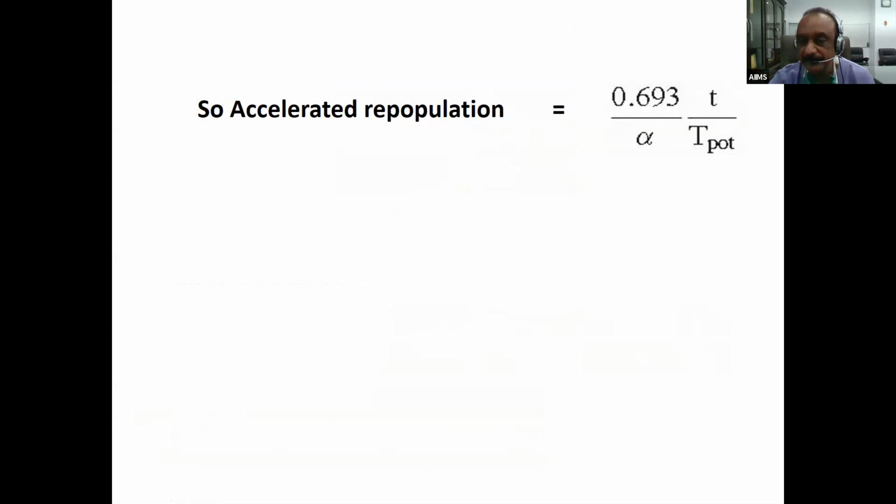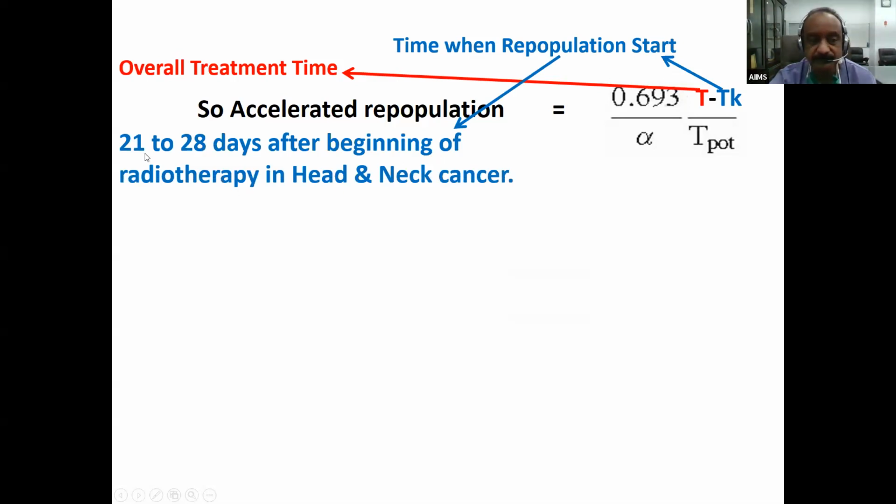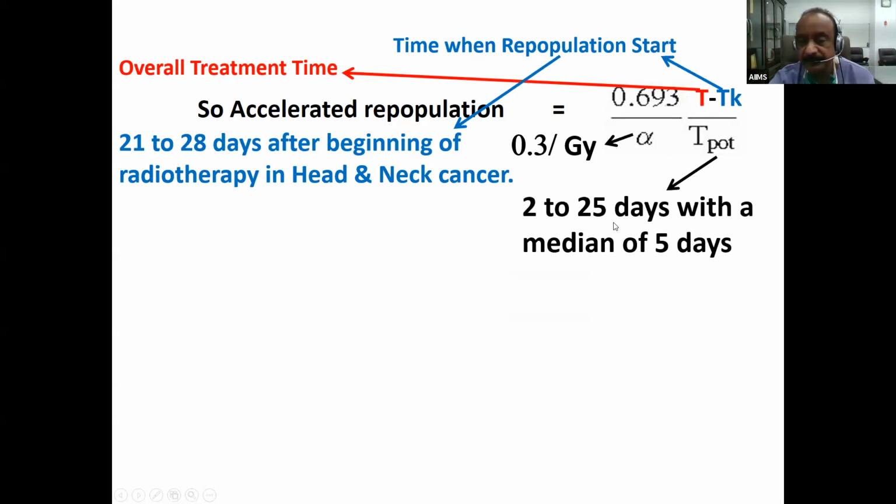Now, this can be replaced as capital T minus Tk. Capital T is overall treatment time. Tk is basically the time when repopulation starts. So it means the same, the total duration of accelerated repopulation. We know in head and neck cancer, repopulation usually starts after 21 to 28 days. The alpha in head and neck cancer is taken as an average of 0.3 per gray. T potential is taken as 2 to 25 days in head and neck cancer, and we take a median of